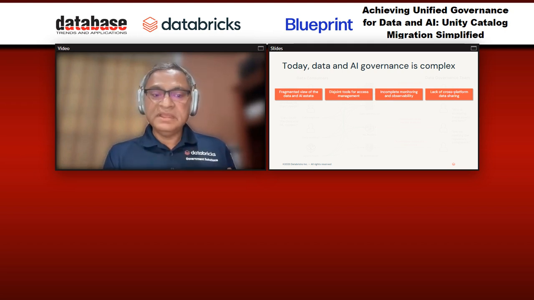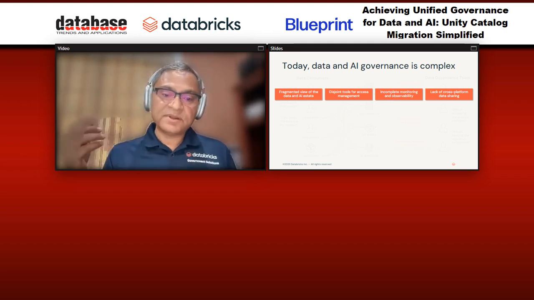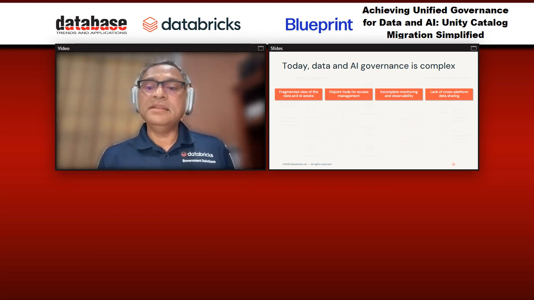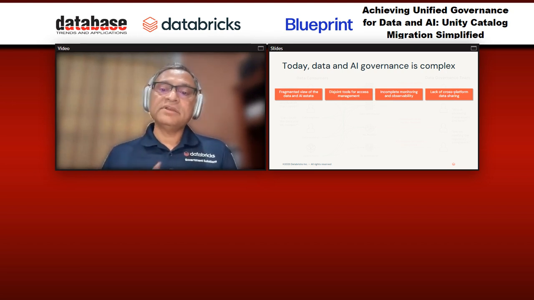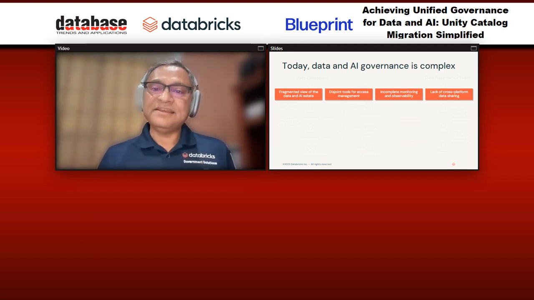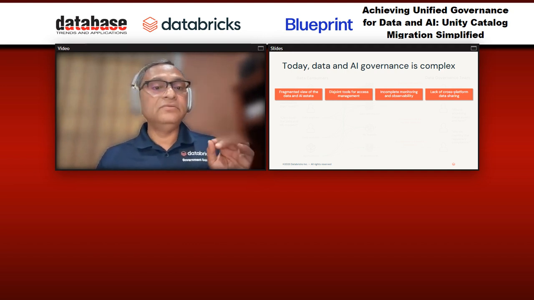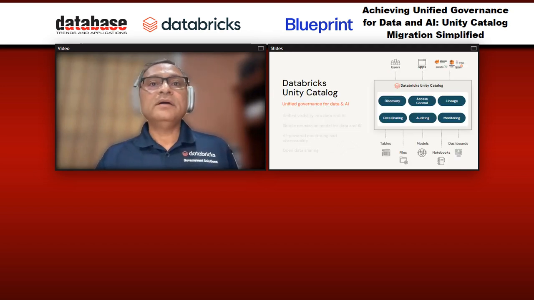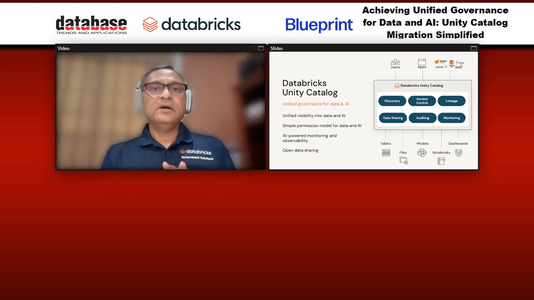But what about being able to share it externally? If your supplier needs a data set that you are working on, how can you share it in a quick and effective and cost efficient way? And if your supplier has a data set, how can you bring it onto your platform in a safe and cost effective way? Right? So these are some of the things that will affect the value of data in your organization. And that's where Unity Catalog comes in.